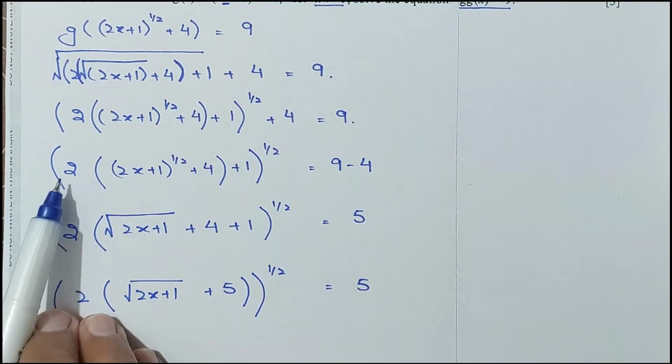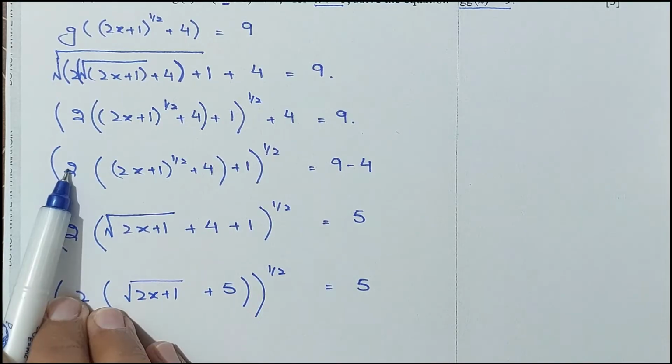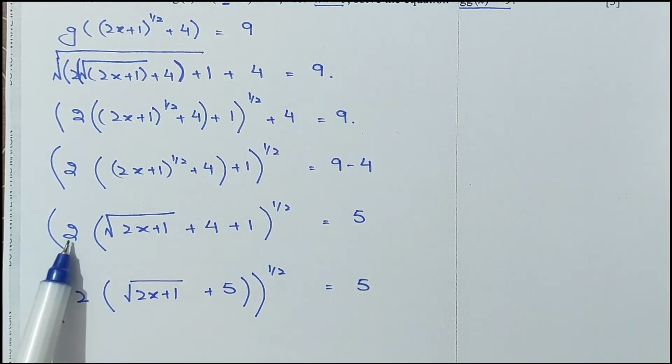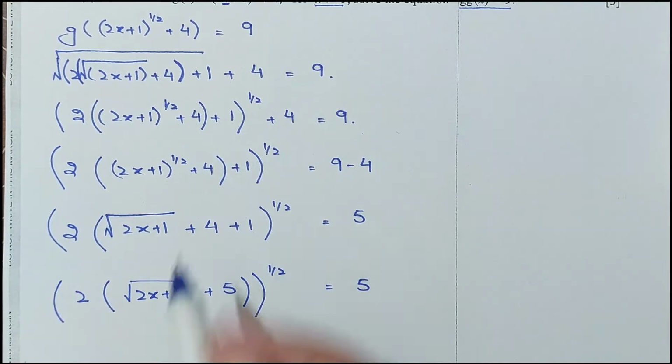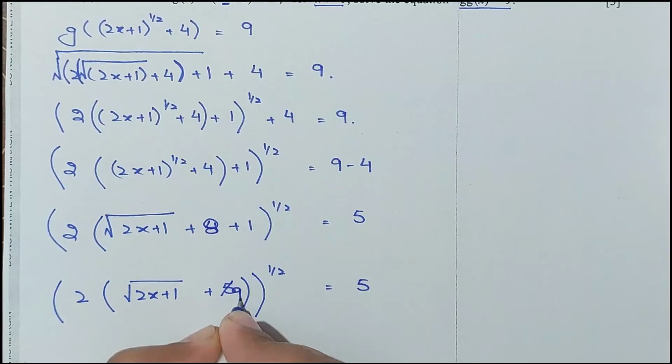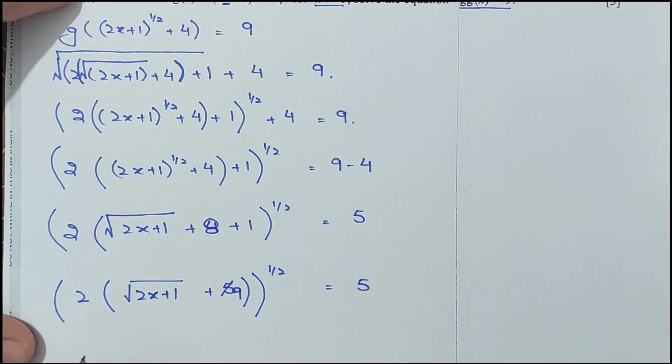Sorry, I messed up. This 2 is multiplying with this term and 2 is multiplying with 4 as well. This 2 and 2 times 4 would be 8. 8 plus 1, this is 9. All right. So 2 square root of 2x plus 1 plus 9, the whole square root, this is equals to